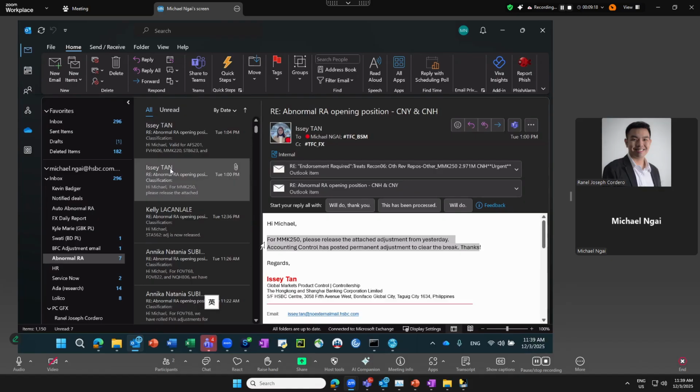So that's the whole picture. To clarify on that, once it's released, there is no need to hold anything on our end, on the RA end, already. But if there are adjustments that are due today, those are the figures that we will need to advise our RA traders to hold for the day.